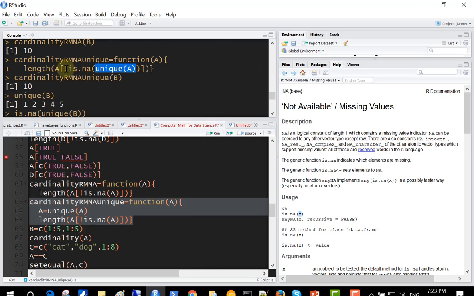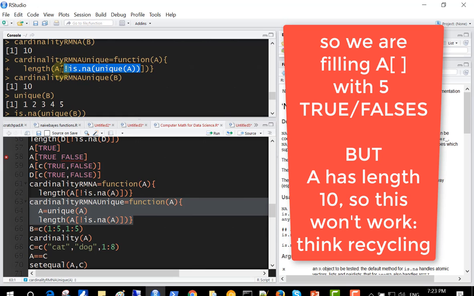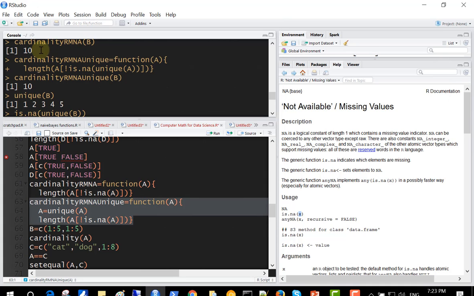Then in here, what I get is 5 true falses, and this just gives me the opposite of those true falses. So A had length 10 when we put B in, so this A would be B, and then I have 5